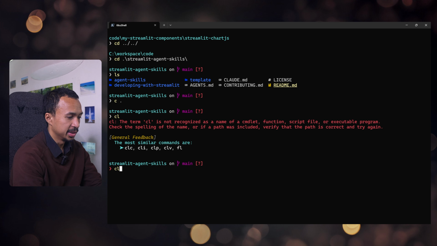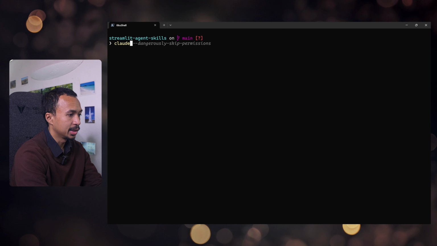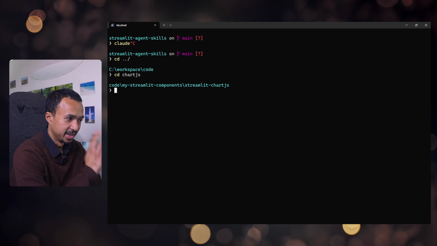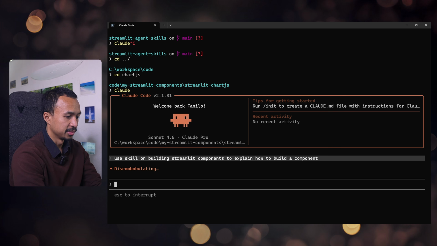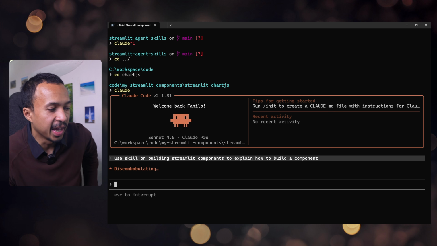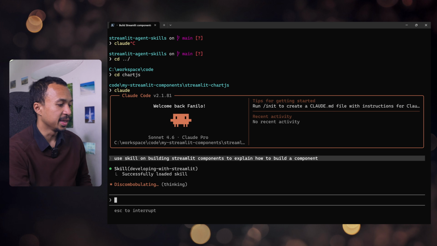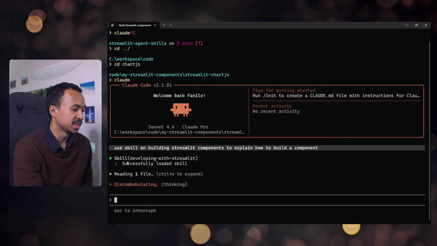It's clear. Wrong project. I think at this point you know Chart.js, right? Use a skill on building Streamlit components to explain how to build a component. Okay, that was the broadest thing ever, but this is just to show that it's now loading the agent skill